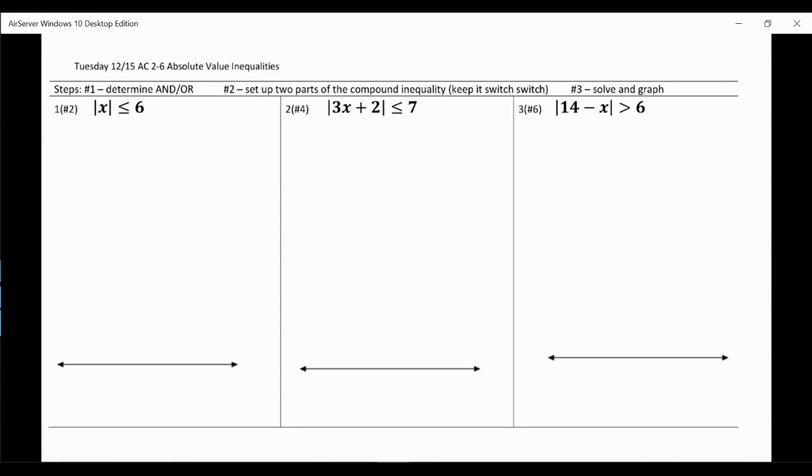This is the Jamboard practice assignment for 2-6 on solving absolute value inequalities. Remember, the steps to solve absolute value inequalities is we first want to determine if it's an and or an or,